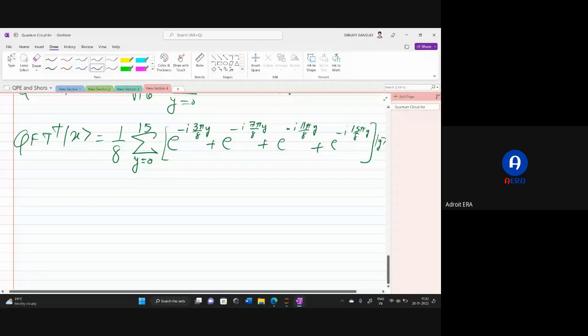So once you are able to calculate these e to the power values, all these values, once you calculate,